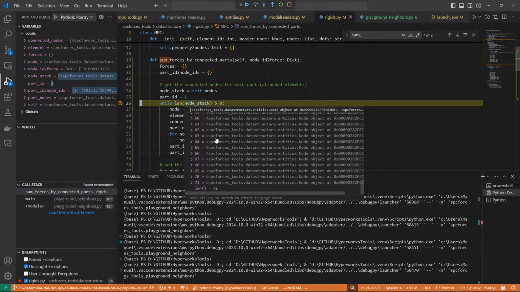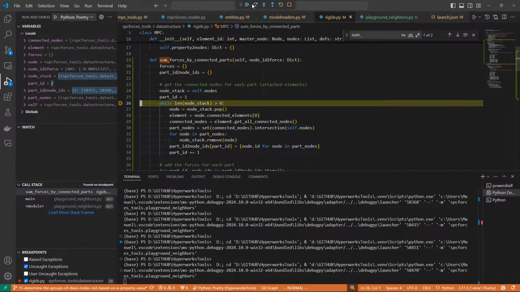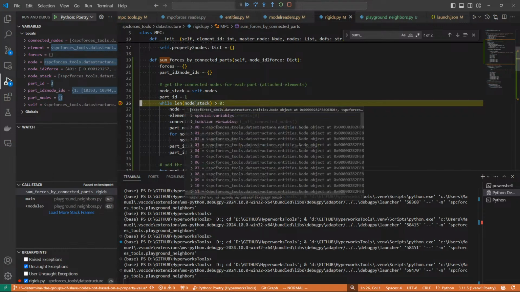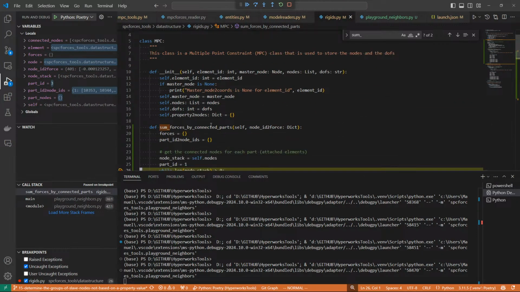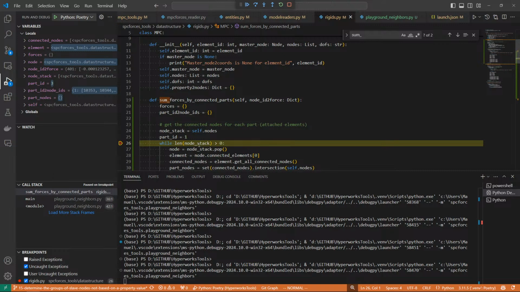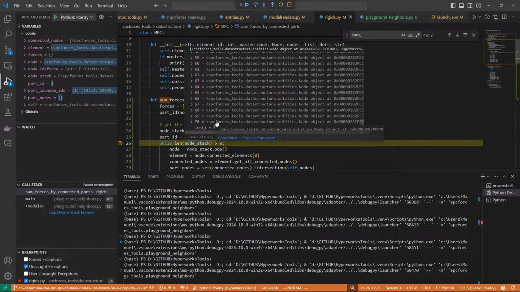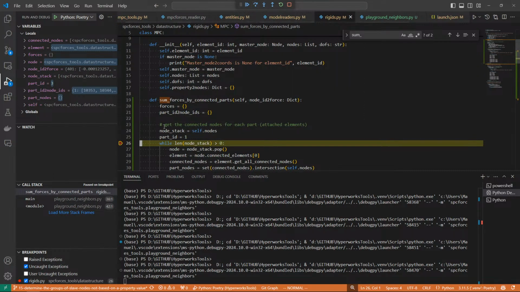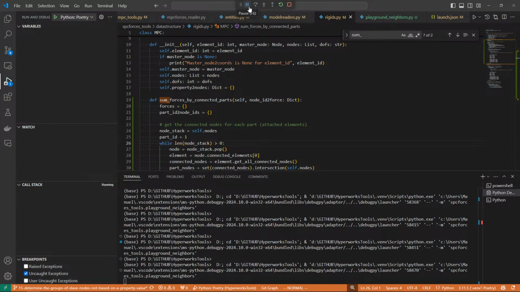What's now the node stack? Is 72. That doesn't make any sense. But let's continue. Then the length of the node stack is 71. God damn it. I don't know what the problem here is, but I think there's something like